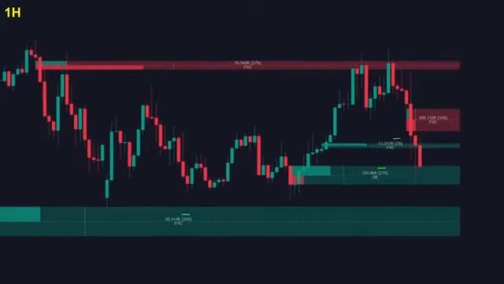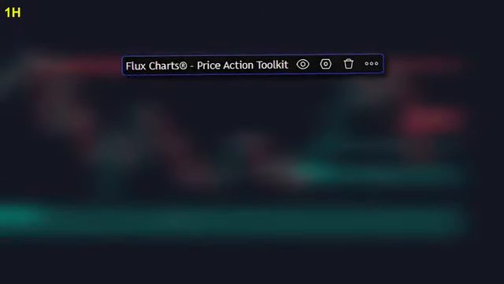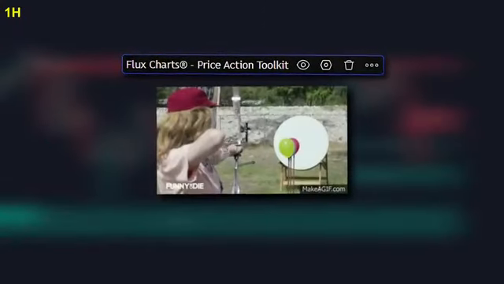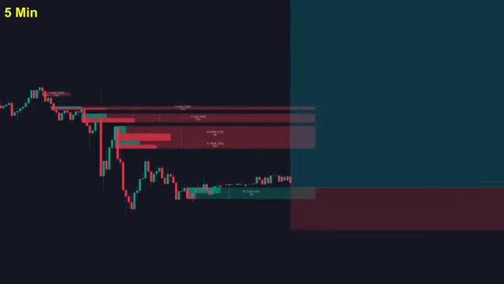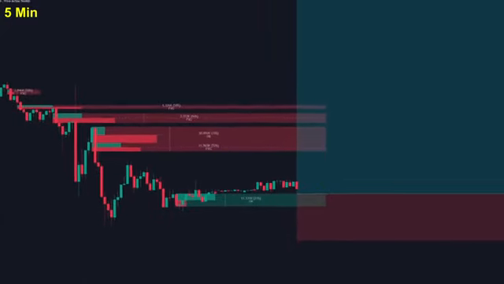The indicator shows you the bullish versus bearish volume in each zone, displaying the total volume and the exact percentage split between buyers and sellers. Using such a powerful analytical tool will help you trade with far more confidence and precision. Now it's time to switch to our 5-minute time frame to manage our bullish entry orders with surgical precision. Look how the indicator highlights crystal clear order block entries that take all the guesswork out of your trading decisions.